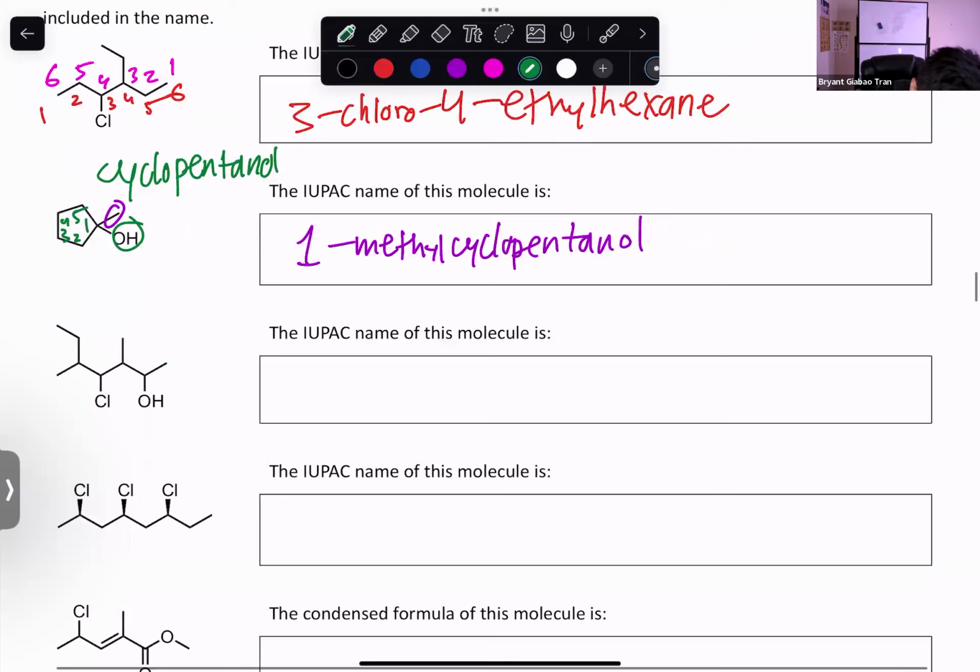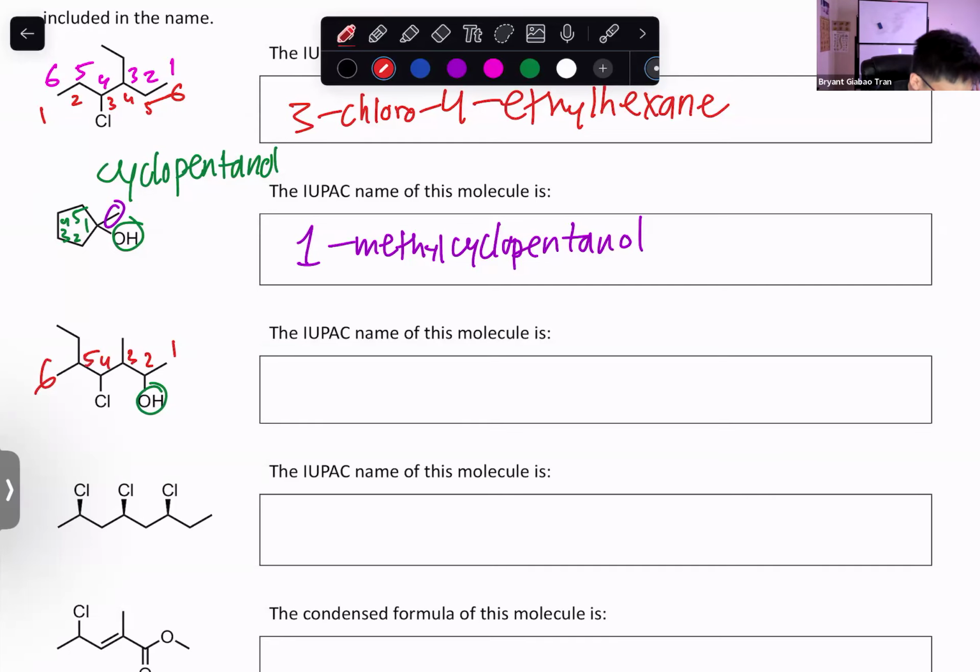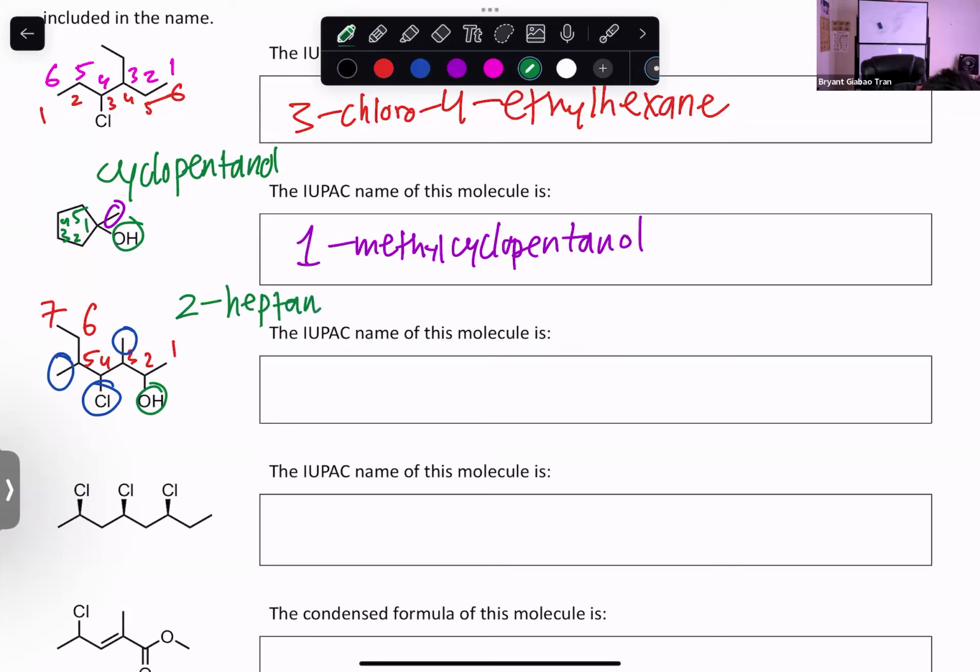For this one here, I see alcohol, automatic high priority group. So that's going to be 1, 2, 3, 4, 5. This is not 6. That's not going to give us our longest chain, right? We're going to go up 6, 7. That's the longest chain, heptane. I'm going to circle the substituents in blue: methyl, chlorine, methyl, and the alcohol right there. Because the alcohol is on carbon 2, our base name would be 2-heptanol, because our longest chain is 7 carbons. 2-heptanol, right? And then our substituents we have are